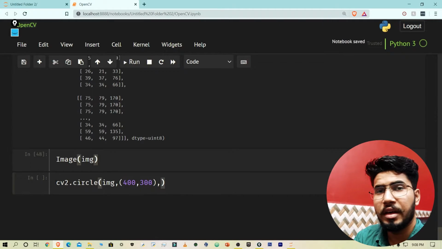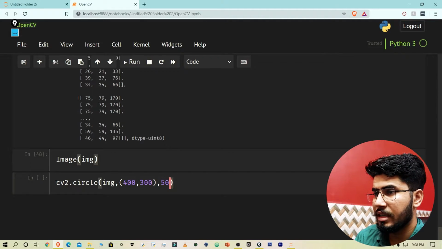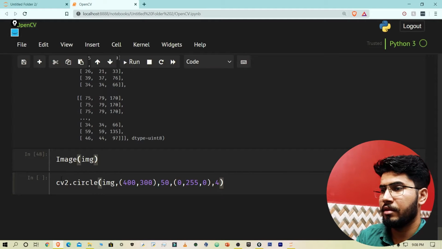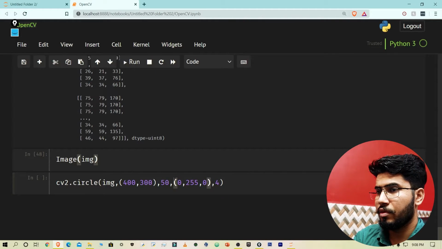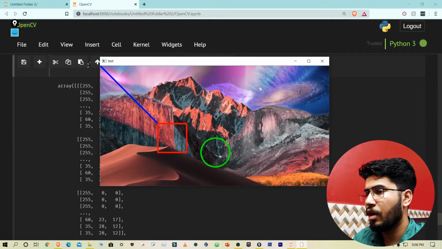Then I need to give the radius of the circle, so let's make it 50. Then we also need to give some color, so let's make it green this time, and give the thickness. If I run this again, I have also a circle here.